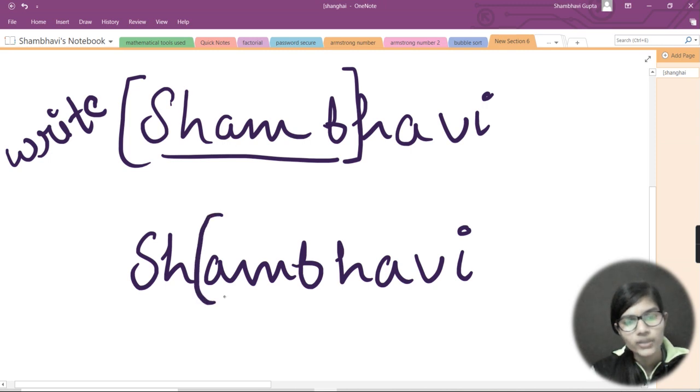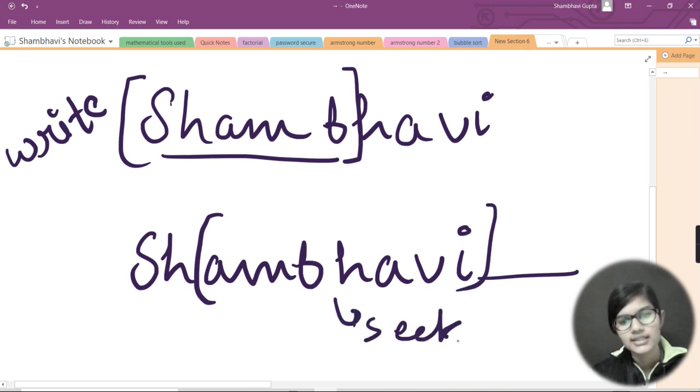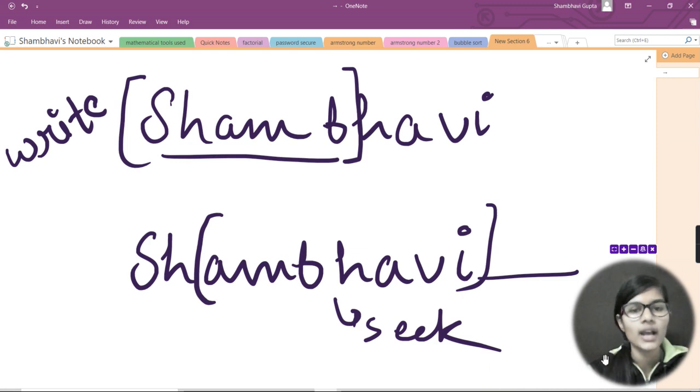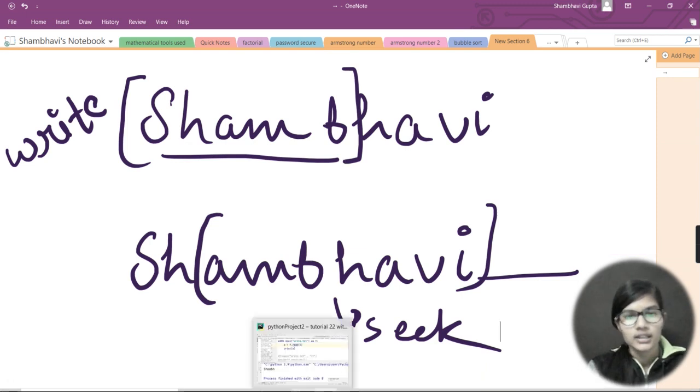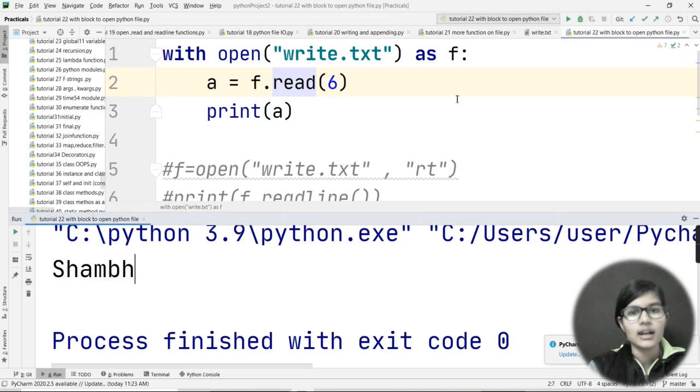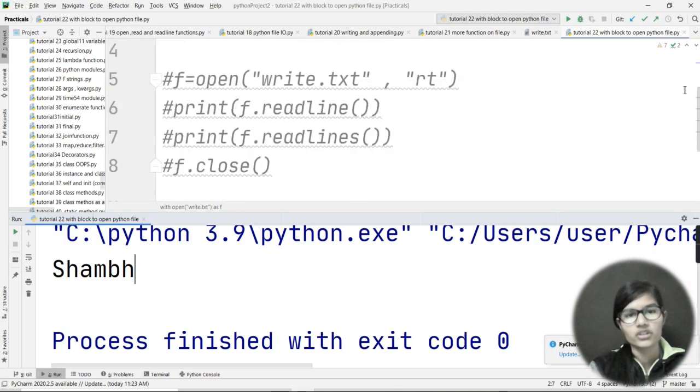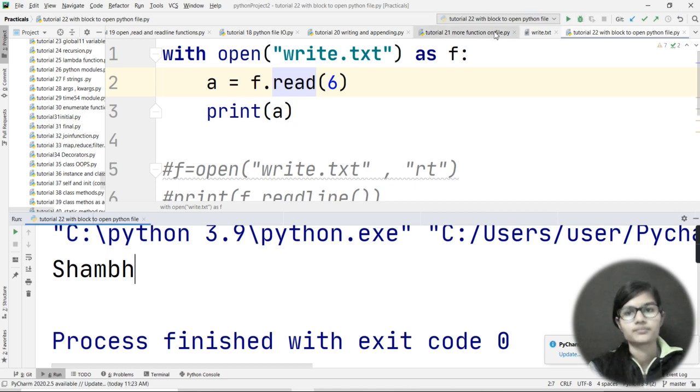And if I want to print from this A till the line, then I'm going to use the seek function. Now I hope you got that point, right? So this is how seek and with functions work.